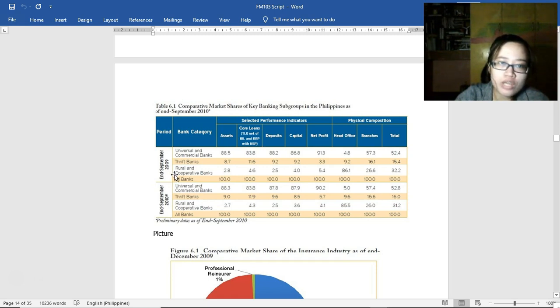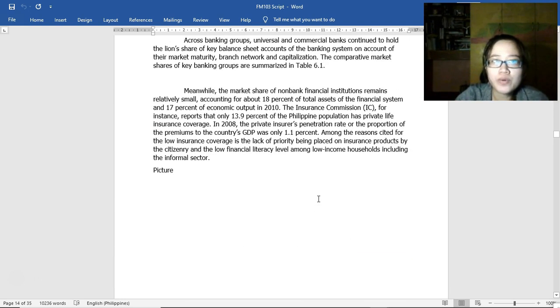This is 2009, this is 2010. Okay, physical composition, head office, net profit, branches. Okay, so we have these parameters. Okay, going back,